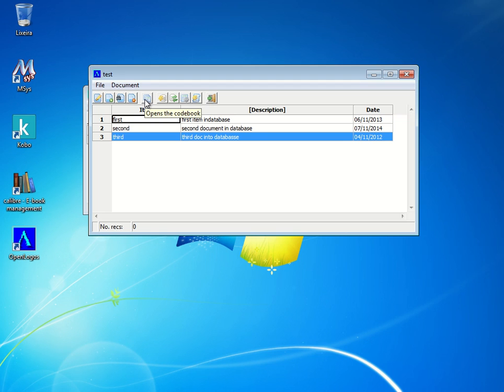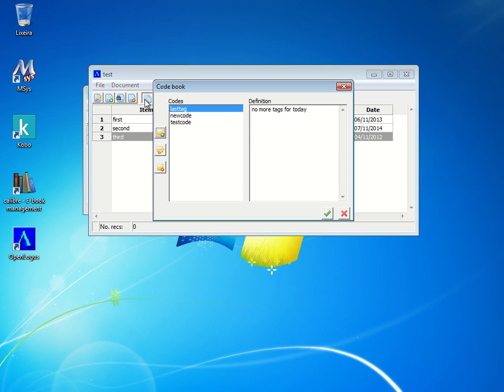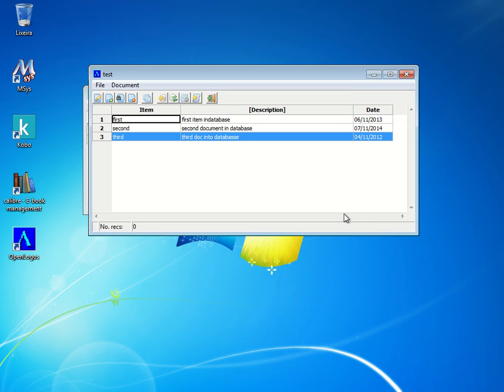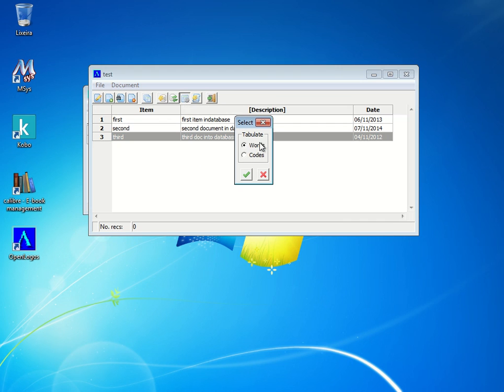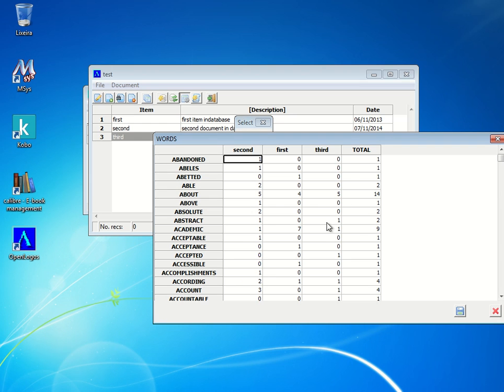And here I can have access to the code book outside the editing window. This can be useful. Let's suppose that you already know the codes that you're going to use, at least some of them, so you can enter them and then start doing the coding process. You don't have to wait to open the first document to do so. Now, what do I do with this? The first thing that I can do is to create some tabulations. The first of them, I can count the frequency of words in the whole database. And you can see, for instance,